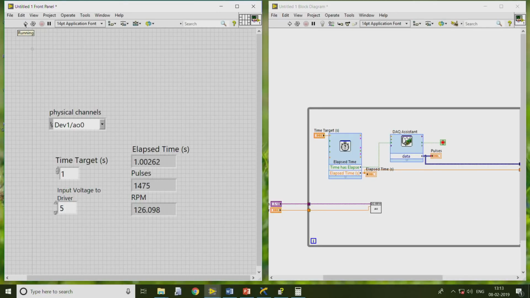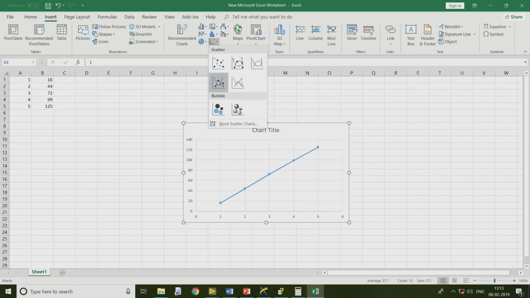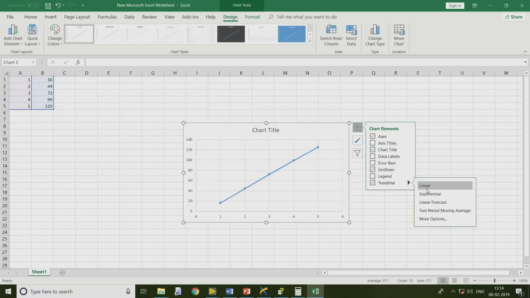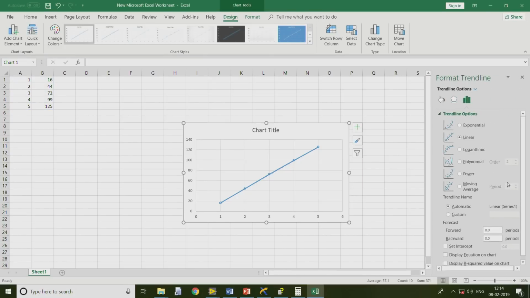Now, if I plot a graph between these two, yes, it is completely linear. We can also plot a trend line and see its value.